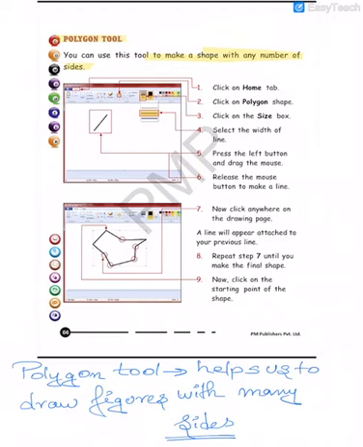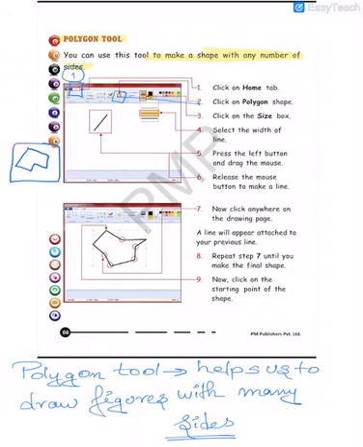Now, see the steps very nicely. Again, step 1, click on the home tab. Step 2, click over here on the polygon tool. How does the polygon tool look? It looks somewhat like this. This is the shape where you have to click on.